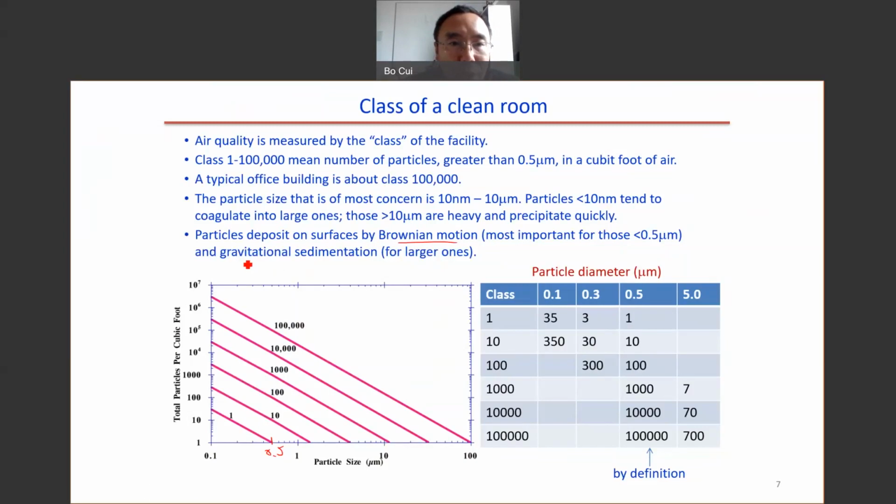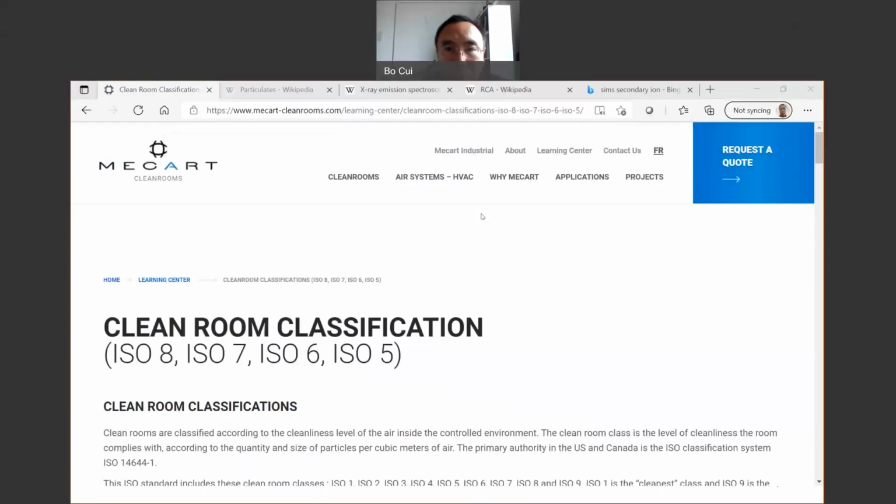For the larger ones, gravity will be important. The definition here is a cubic foot. So this is not an international unit. This is an American unit, a foot. For the international unit we use how many cubic meters. So for the international unit we don't use foot, we use ISO